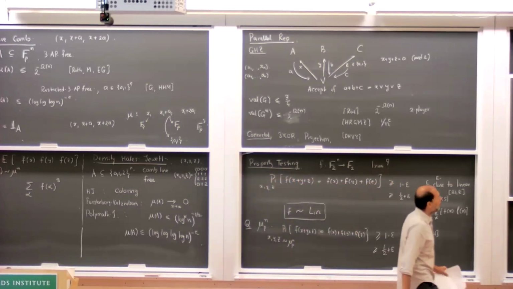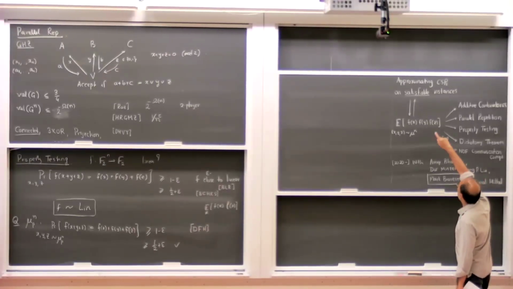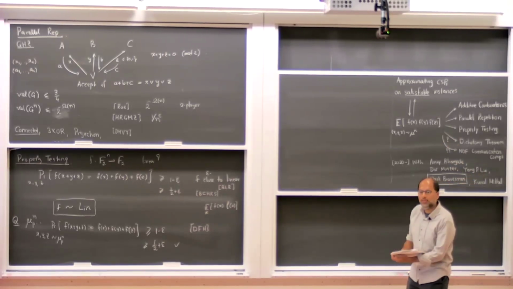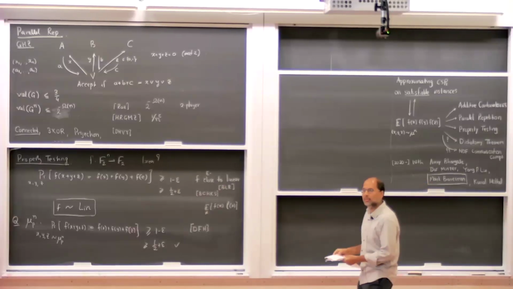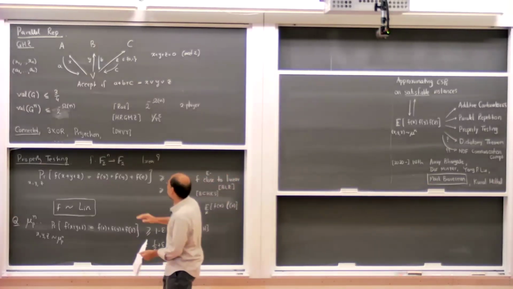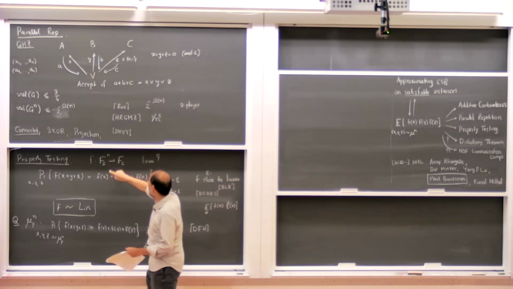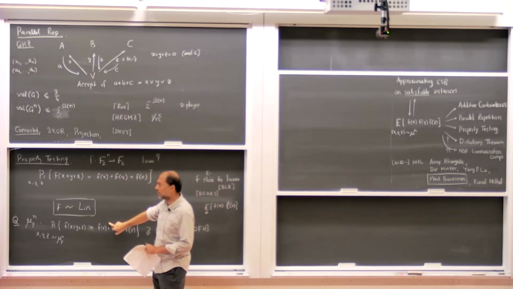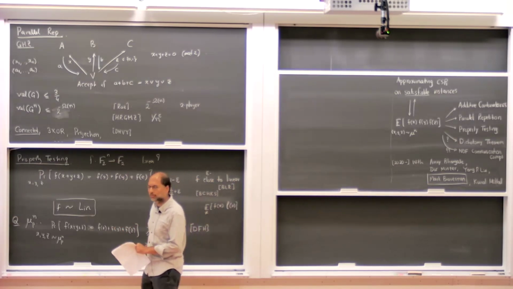And now we will get back to actually the, at least as far as we are concerned, the main motivation. This is approximating CSPs on satisfiable instances. Yeah. I feel like you should know this, but is there a reason why you have to take 3 inputs rather than 2 inputs? Yeah, that's also fine. In the standard setting, in fact, this is in fact done with only x plus y equals fx plus fy. In this case, I think yeah, one can show that it just doesn't work with 3 inputs.